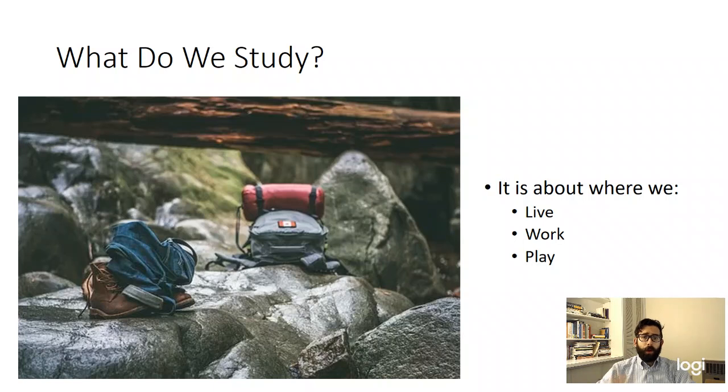And so where you play, if you go out and hike and enjoy the mountains or the coast or whatever it might be, we want to know, why do you go to the coast versus somewhere else? Are you more ecologically conscious because of that or not? And so it's not just pollution, or mining, or whatever. It's about all these other aspects of our life too.